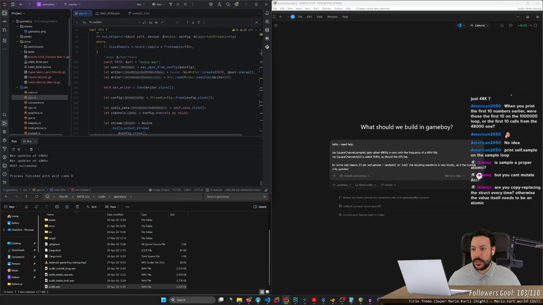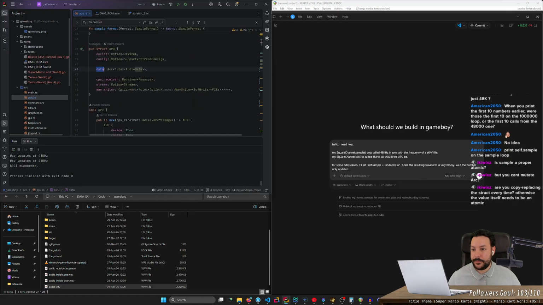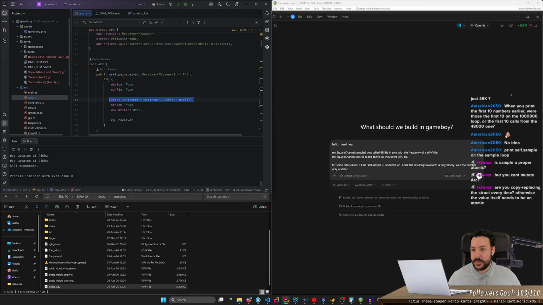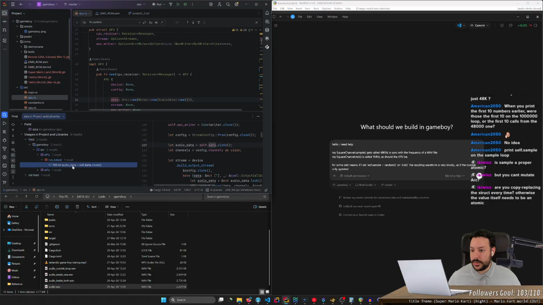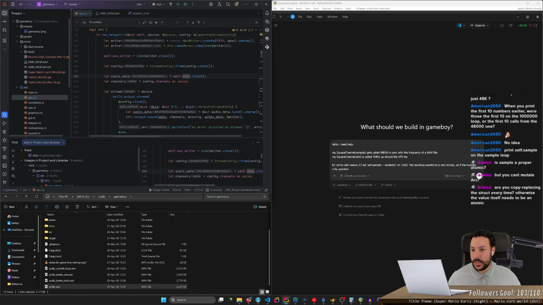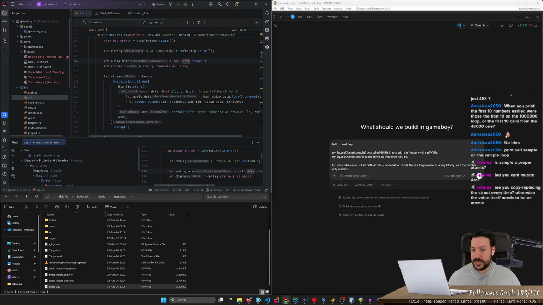I'm creating this Arc Mutex to this struct here. Then I create a self-data.clone, which I pass to the audio library thread, which is just going to read values from it and print numbers there.